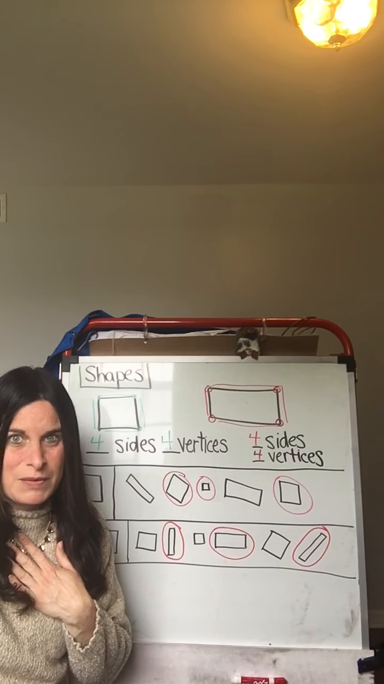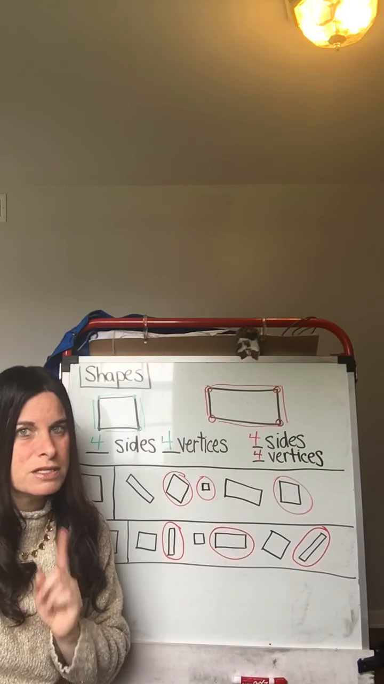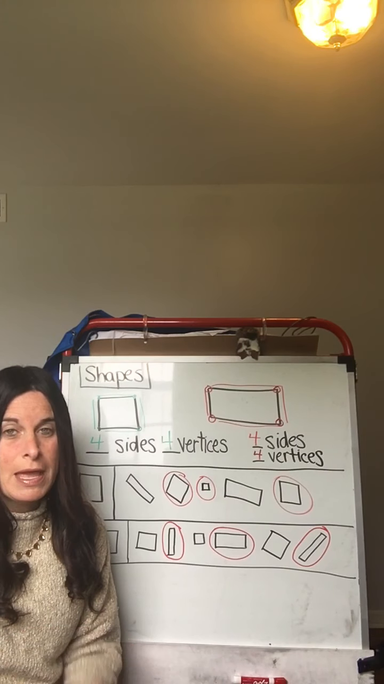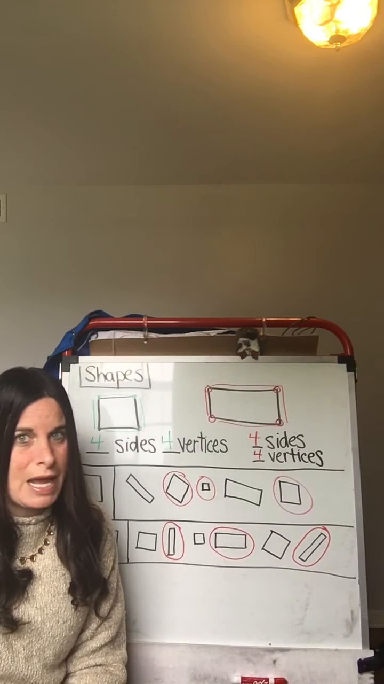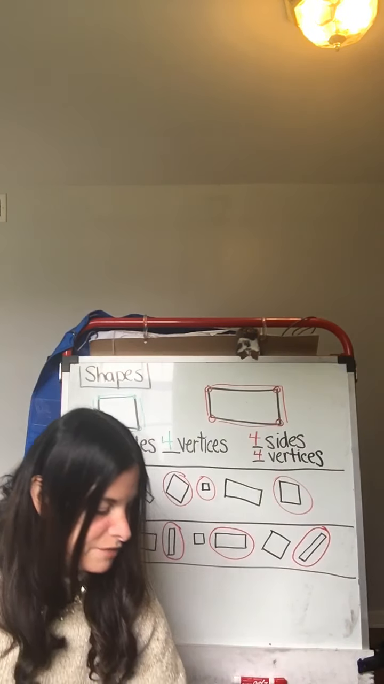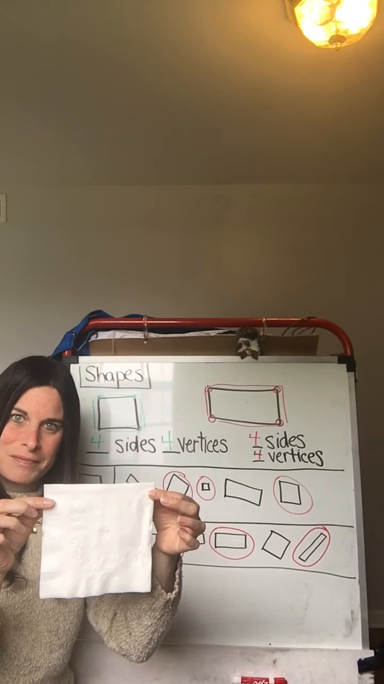First thing I wanted to find was, could I find any squares in my house? Remember, squares flat on the ground, right, or on your table, because those are 2D shapes. Remember, we're not looking for 3D shapes. So for instance, look what I found. I found, look, a napkin. This is a square, right? I can put it